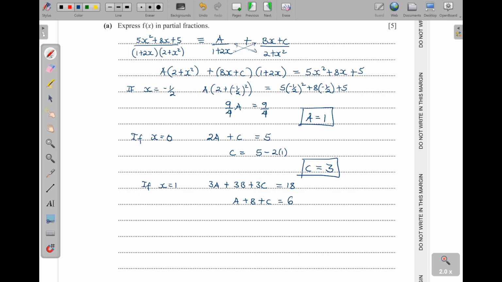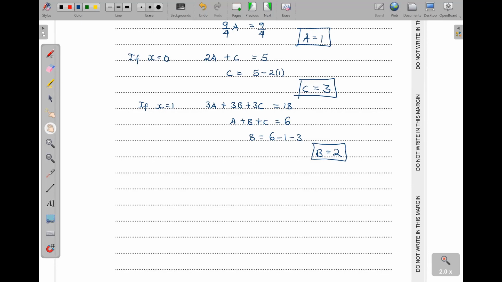And then we are looking for b. So our b will be equal to 6 minus the value of a, which is 1, minus the value of c, which is 3. That means b is going to be equal to 2. Then you can conclude and say f of x